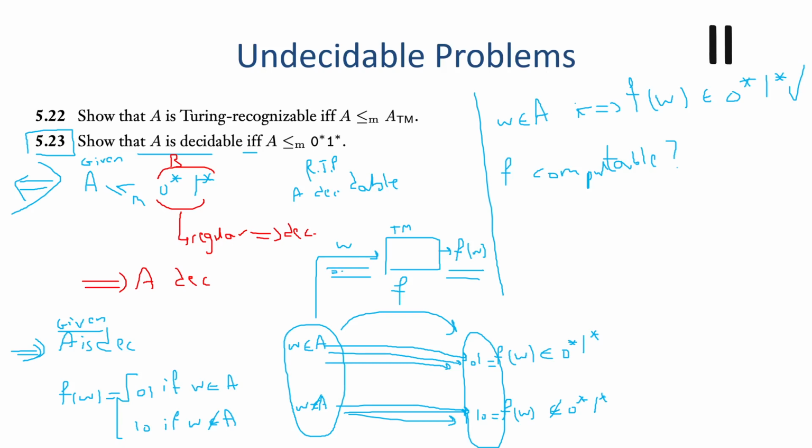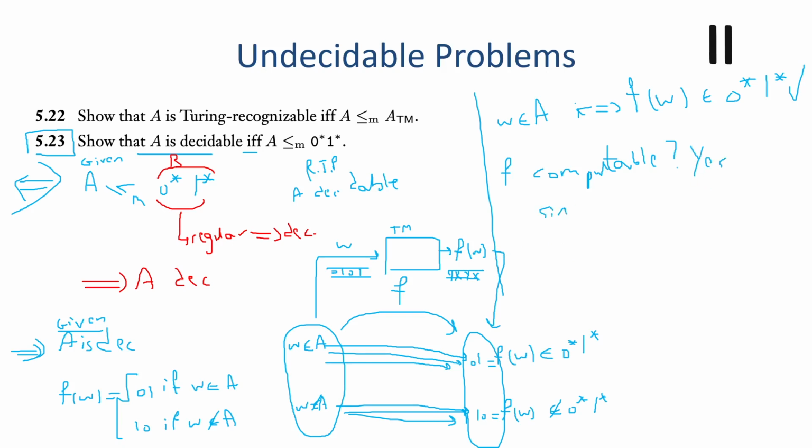We don't know what W is. But if W was like 0, 1, 0, 1, and f of W just flips the zeros to Y's and the 1s to X's, this is what we're trying to say. Is there a mapping that can do that? Not this specific thing, but whatever A is. Is there something that can do that? Is f computable? Yes, it is computable. Why? Well,